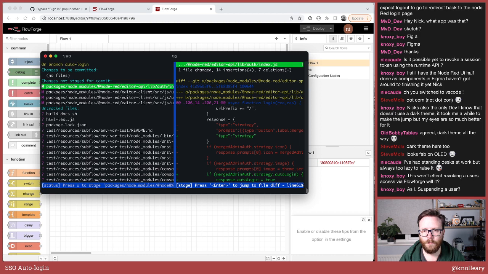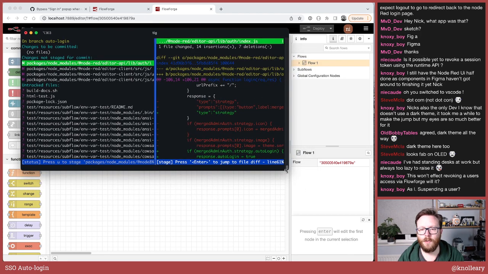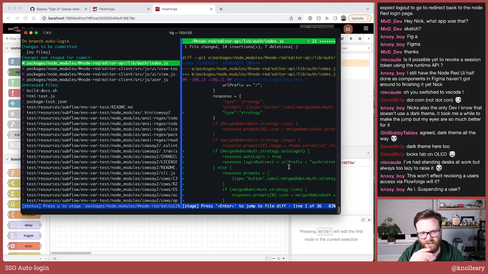Okay. Of course, the other thing we will need to keep in mind is that smooth experience will only exist if you're running a Node-RED version 3.0 or later. So, yeah, that's an important point. If you happen to be using FlowForge with an older version of Node-RED, of course it won't auto-login because that older version of Node-RED doesn't know about auto-login. We just need to make sure that FlowForge